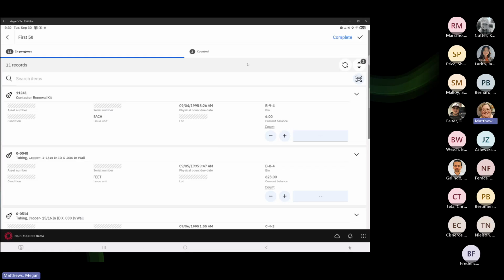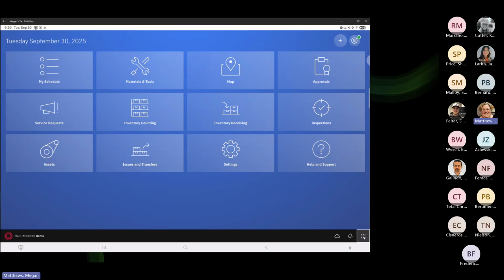So for us, it's prod or massdev.home dot your name. So this will be massdemo.nacemaximo.com. So you're going to basically take whatever you use to get into Maximo now, and you're just adding home there instead of manage. So once I get into the application here, there's an inventory counting application that's available to